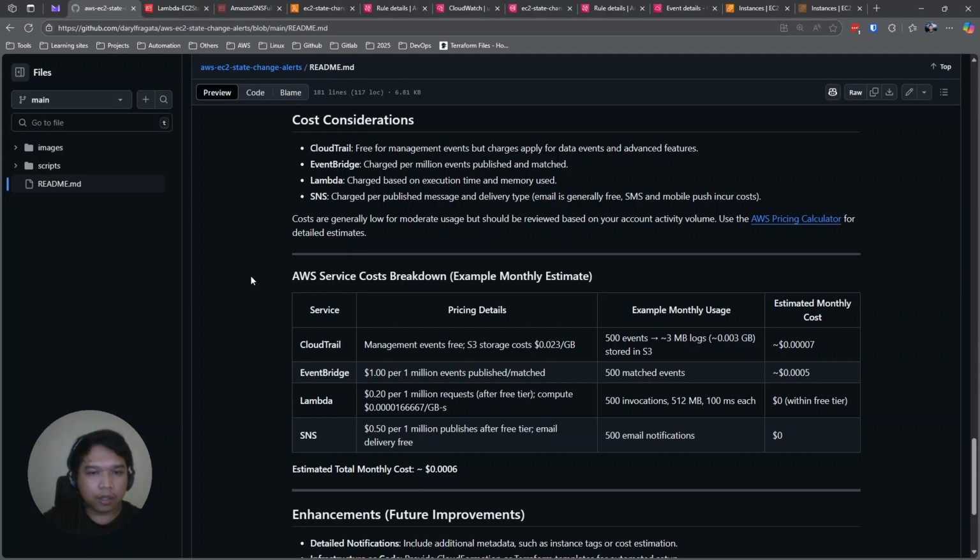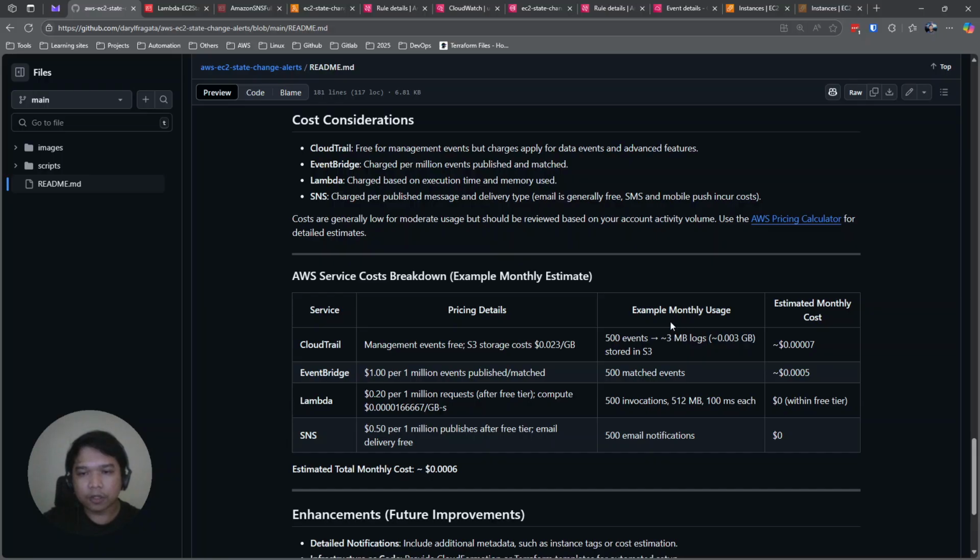So I think we have the cost breakdown here. For CloudTrail pricing details, management events are free. We're just paying for the S3 storage cost. I think this one is for the standard storage tier, so we have $0.023 per gig.